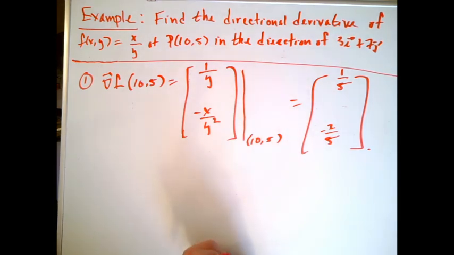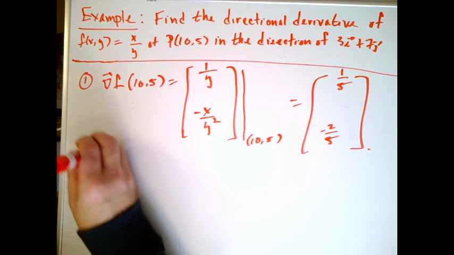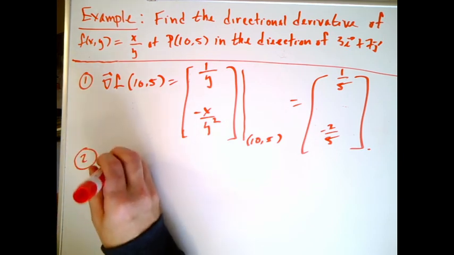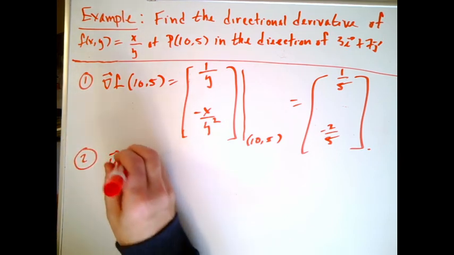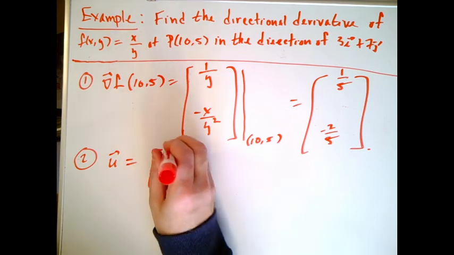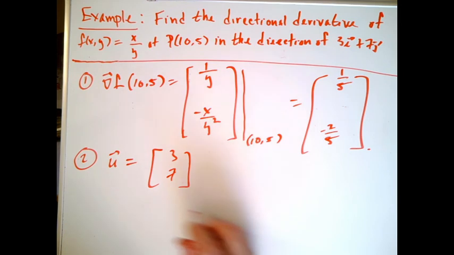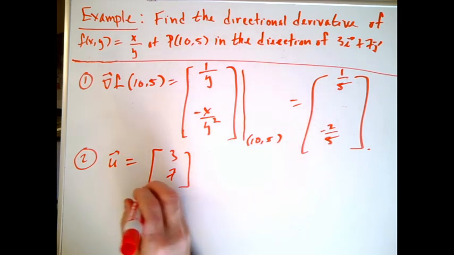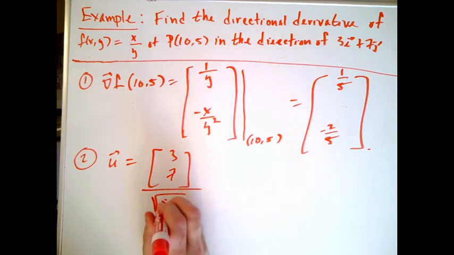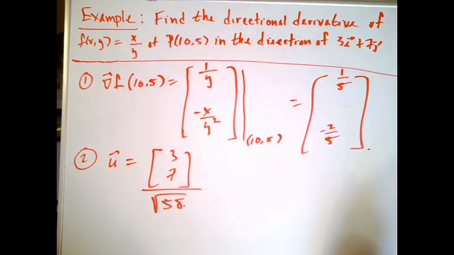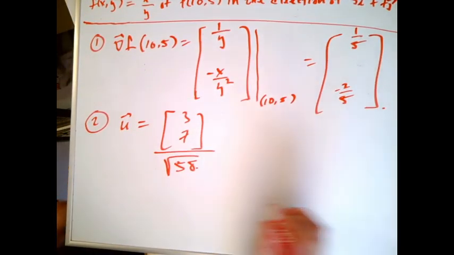Tomorrow we'll start looking and saying, okay, I know how to find the gradient vector. What does it mean? But at the moment, let's just use it. I also need my unit vector. My unit vector should be a vector in the direction of the chop. Well, they gave us that. That's (3, 7). But that's not a unit vector. The length of this vector, I think, is the square root of 58. So we actually have to divide by the square root of 58 to get our unit vector. And then our final answer,